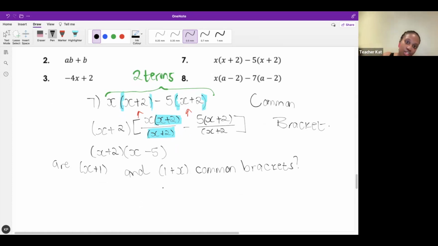Everyone else is just not answering. Logan, you are right. This is a common bracket. The order doesn't matter if it is a plus. Remember the analogy we did? If I say 1 plus 5, I'm going to get 6. But if I say 5 plus 1, I'm still going to get 6. So if you have such questions, be careful of these brackets because we will put them there as teachers. Okay? So you must see. You must just look at it carefully and be like, oh, we are adding and they're both positive, so the order doesn't matter. So x plus 1 and 1 plus x are indeed common